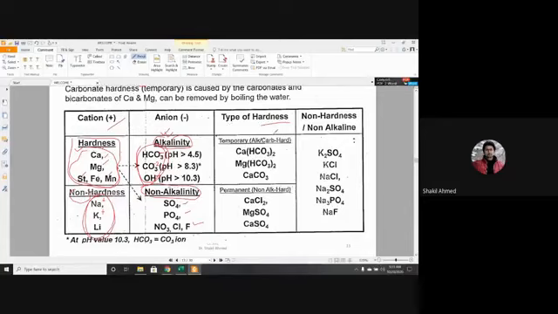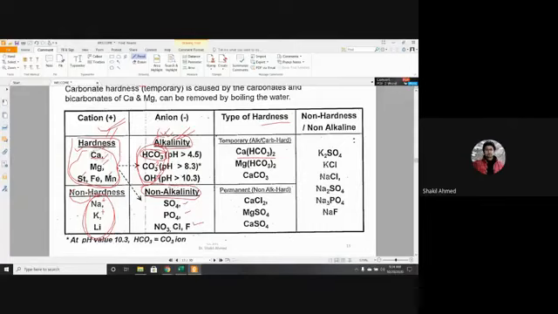So if you get the hardness connected with alkaline species like calcium bicarbonate, calcium reacts with bicarbonate ion and you get calcium bicarbonate. So we call it alkaline hardness. Now, if this happens, for example,